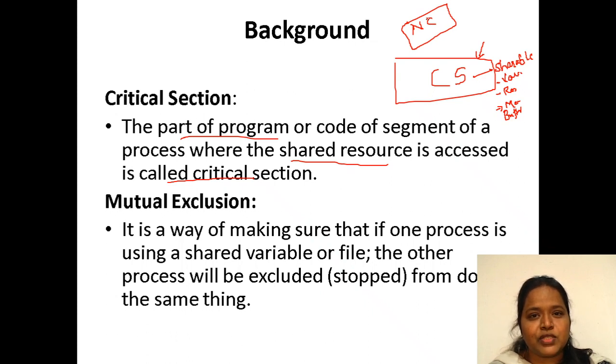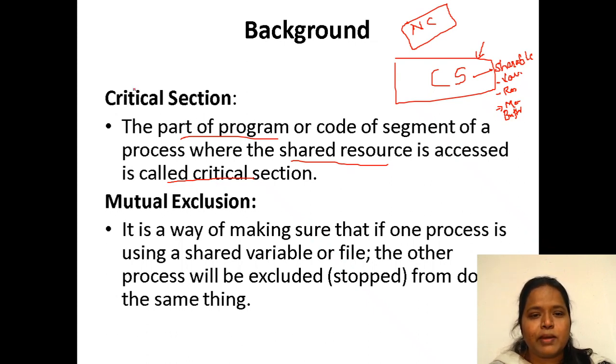The variables which are shared among two programs are placed in the critical section, and the variables which are not shared are placed in the non-critical section. What you have to remember is that the critical section is the place where shareable items are placed.